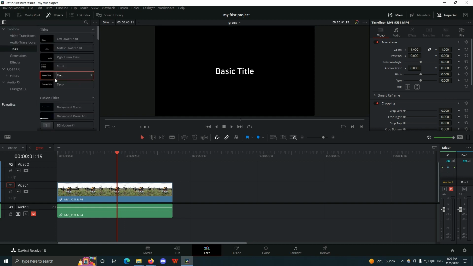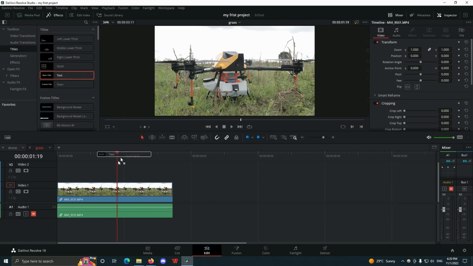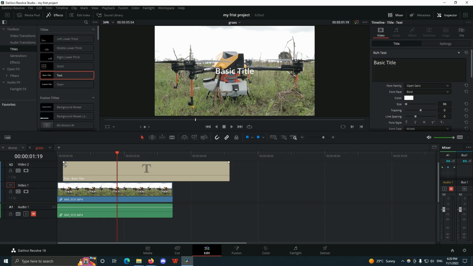to the effects, head to text, and then drag this text to the timeline. So once it's dragged into our timeline, there should be a new window inside the inspect element for us to make changes to our text. And if you don't see that, click the text layer that you just added to your timeline and it's going